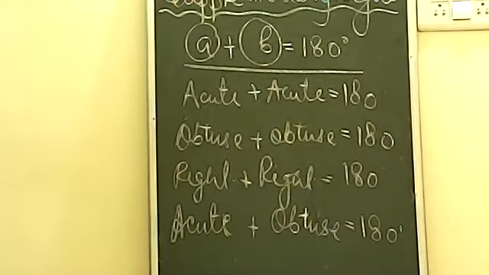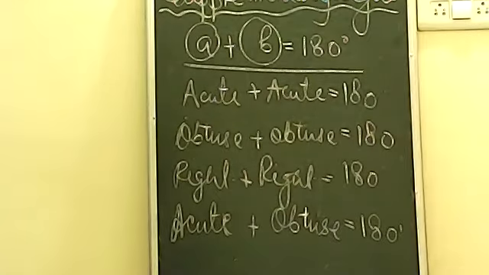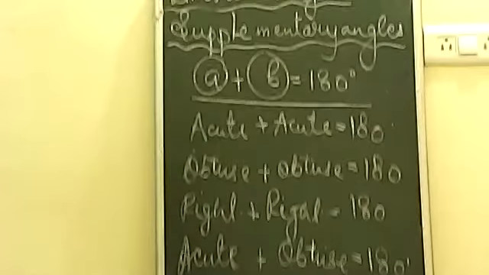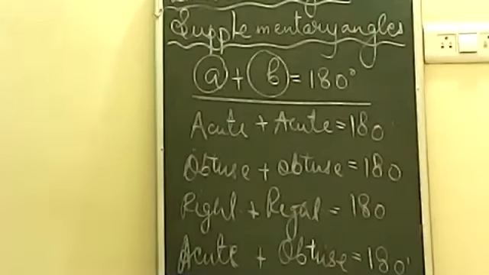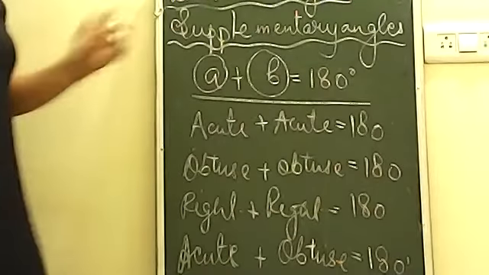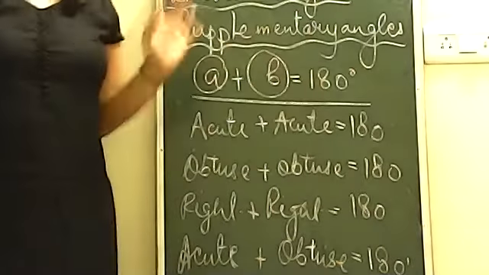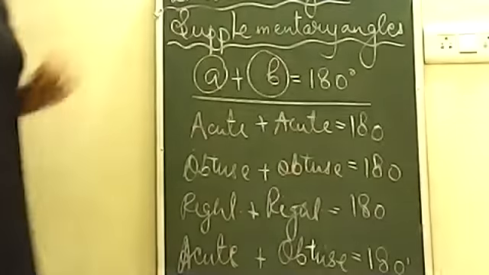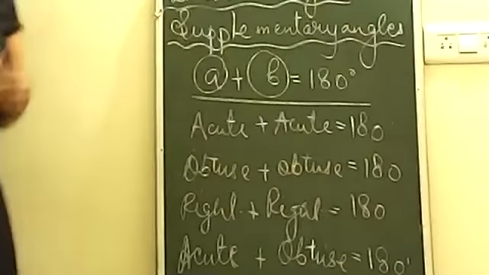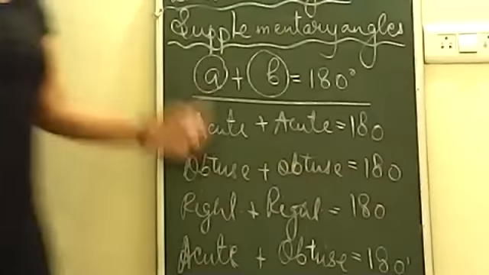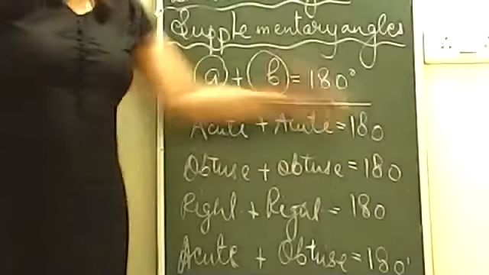Okay, so students, we are discussing here the supplementary angle pair, and I told you to write some examples of pairs of supplementary angles. Now let's move forward and look here. I told you when you add two angles, it gives you 180. That is called supplementary. So for supplementary, I have given you a condition that you think now, can we have two acute angles giving you the sum 180?